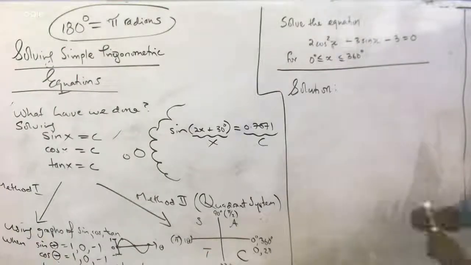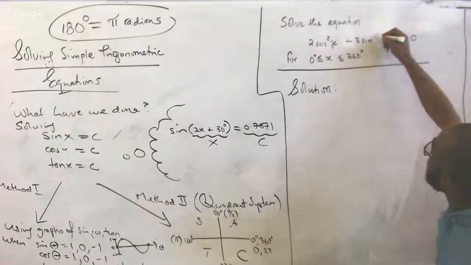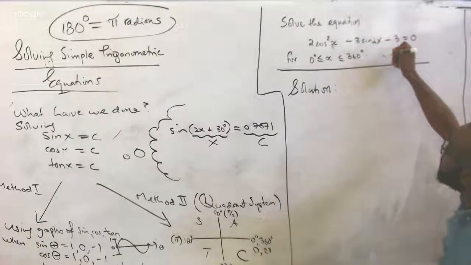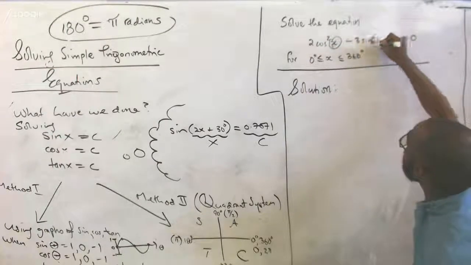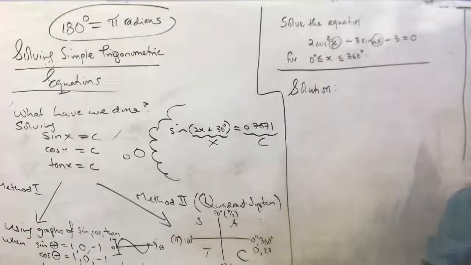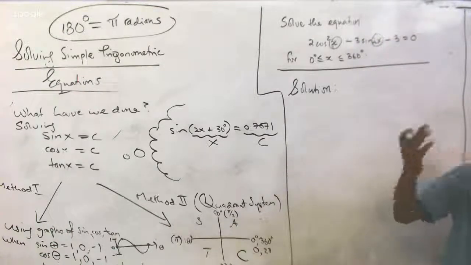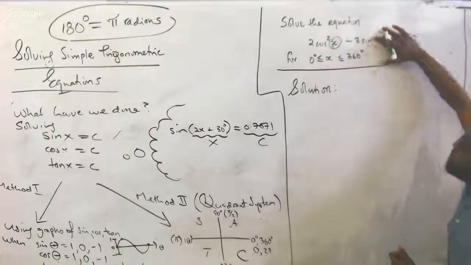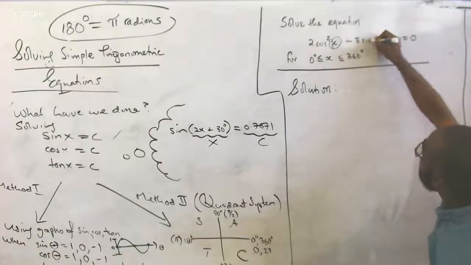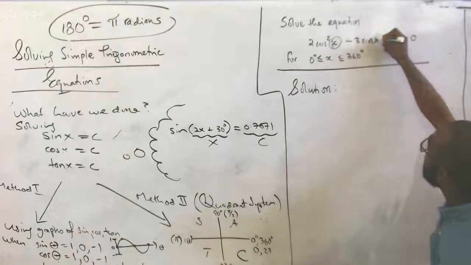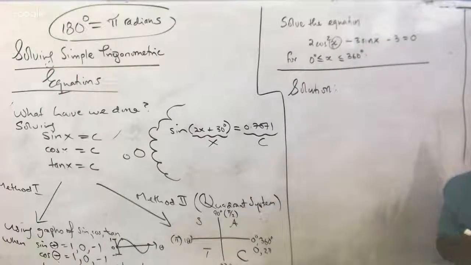That means, let's say for example, I saw 2x here. I would say I am dealing with two different angles and that could not work, right? That means we would have to find a way to change that 2x to single x. Later on, you're going to see how we change that, and that is called double angle. And that's pretty much it.